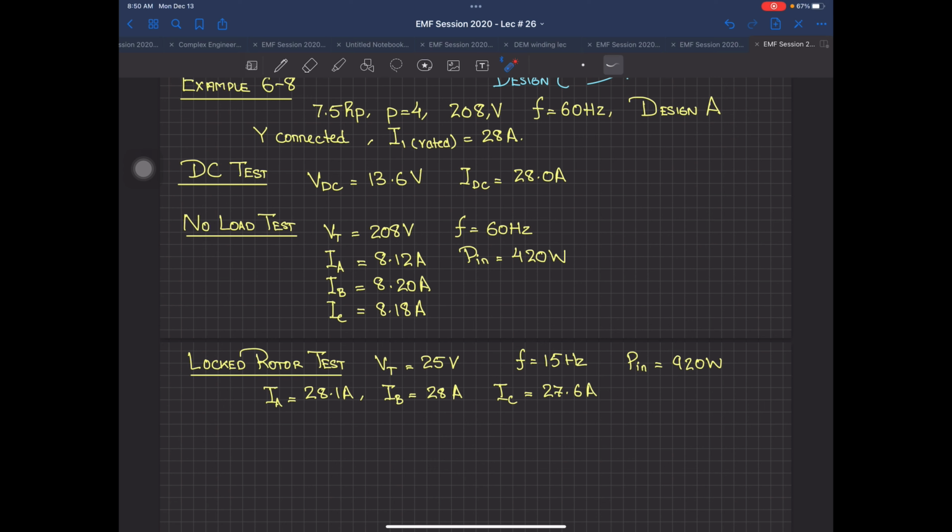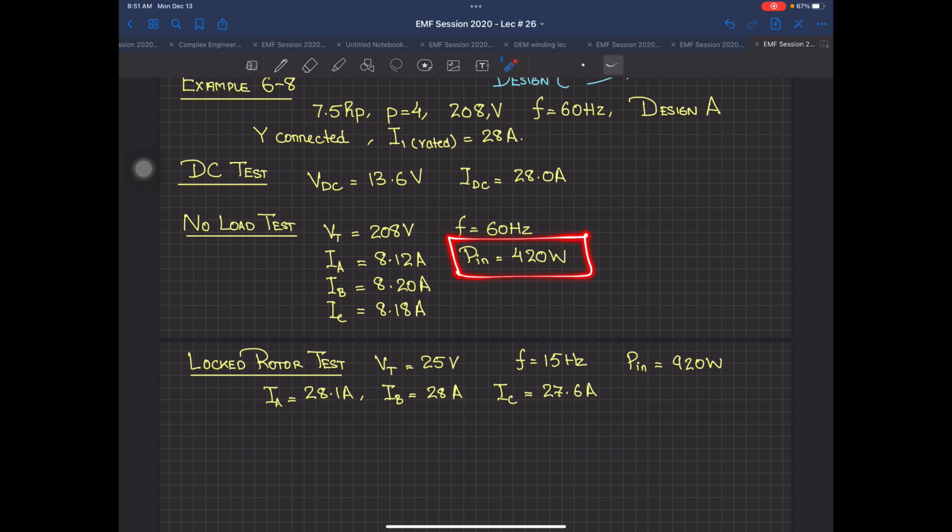Rarely is it possible that you will get a machine in which all the 3 phases are exactly equal, because there may be some meter error, there may be some error because of the machine having a little bit unsymmetrical winding, maybe in the resistance. So you can see this is 8.12, this is 8.20, this is 8.18. Now which value to take? You are just going to average it out, which means that for all the three phases, you're just going to take their average, and that average value of the no load test you are going to take out, because you require I1 for the no load.